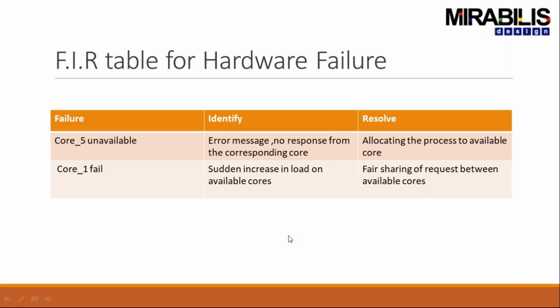If suppose one of the cores fails, then we see that there is a sudden increase in the load to the remaining cores. Now, what can be done is we can redistribute the requests between the available cores. Whatever is remaining can now be used to send the requests. Now, as you can see in the next slide,